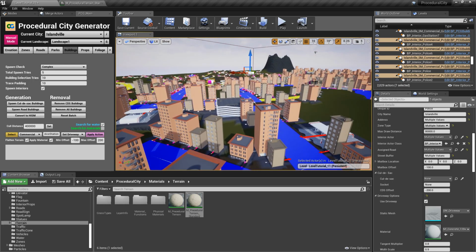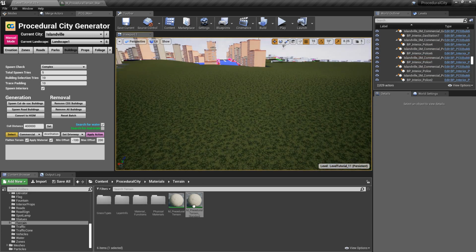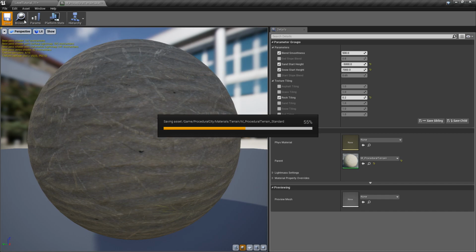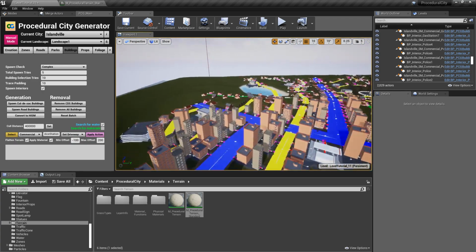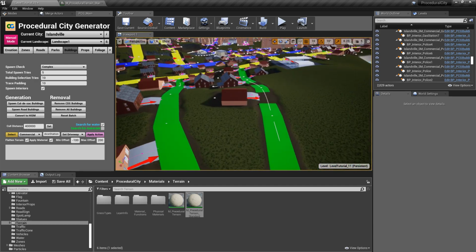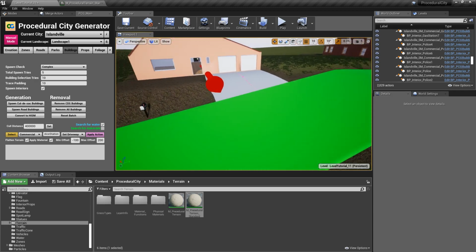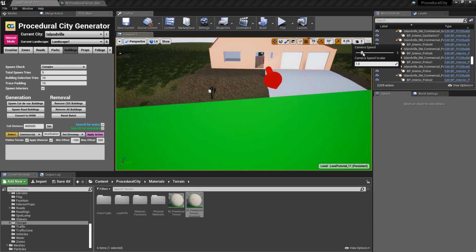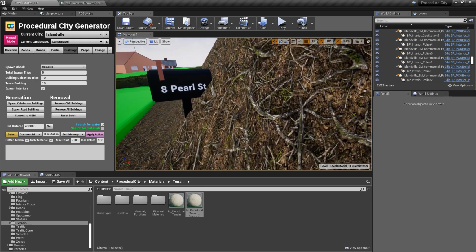All right, and finally, let's go ahead and go back and open the material for the landscape and just select and deselect something just to force the update here. And now if we go back to, for example, this zone here, notice that now the roads are clear, and then we have an actual driveway here. And if I look really closely, we see that the